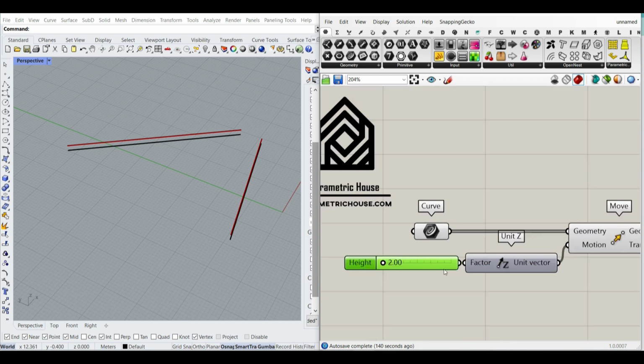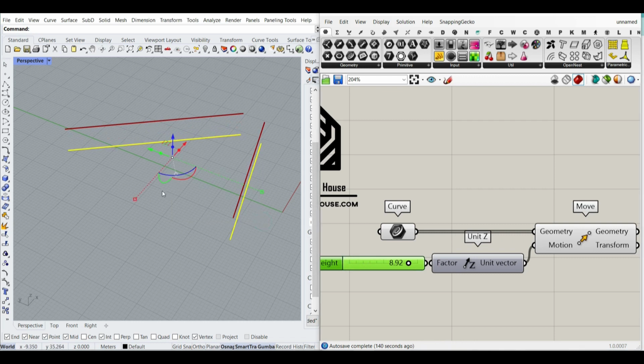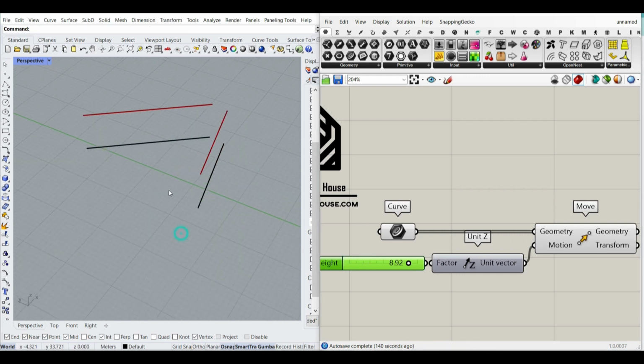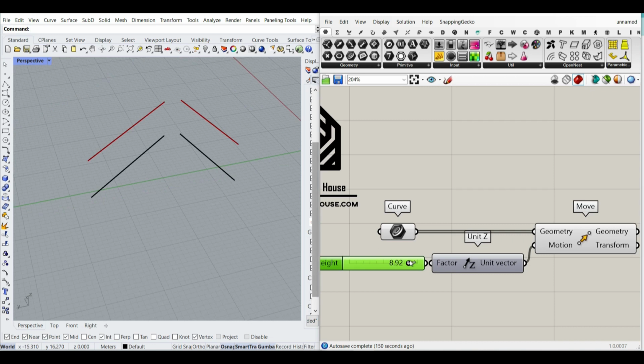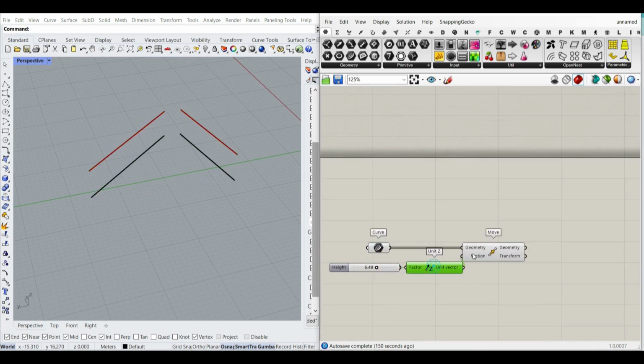I'm going to put that here, and here you can see that we can control the height. Let's just make all of them a bit smaller. Okay. After producing the second curve, which is the movement,